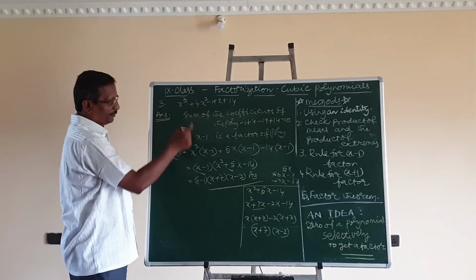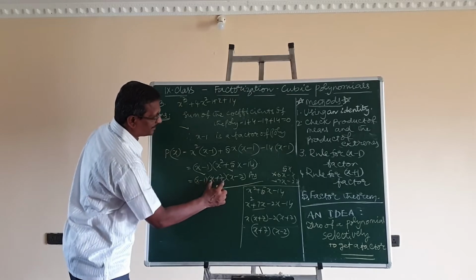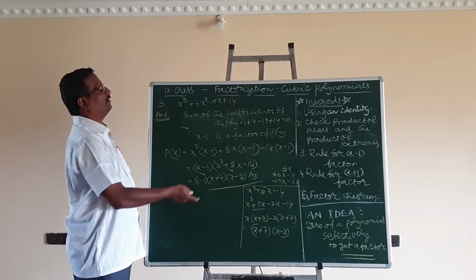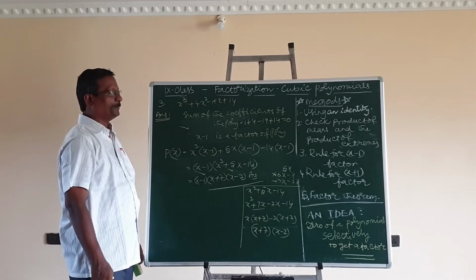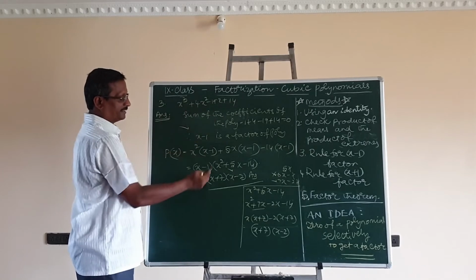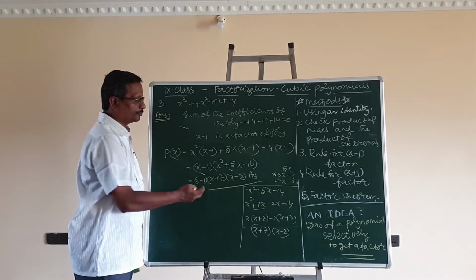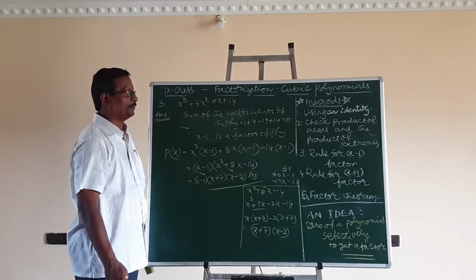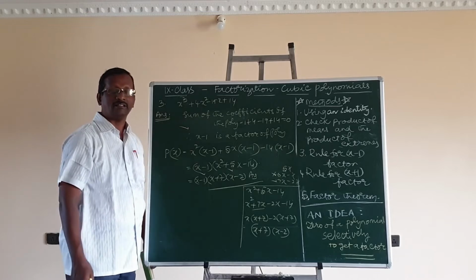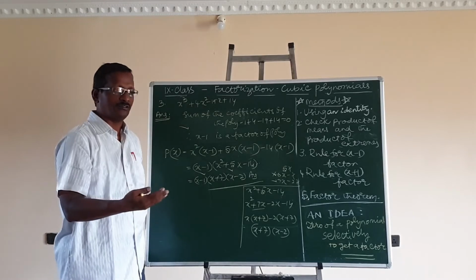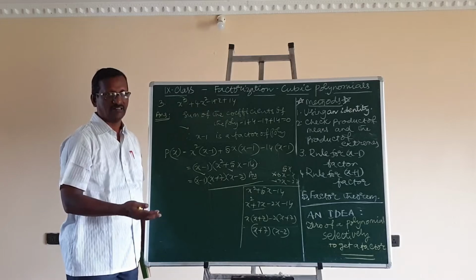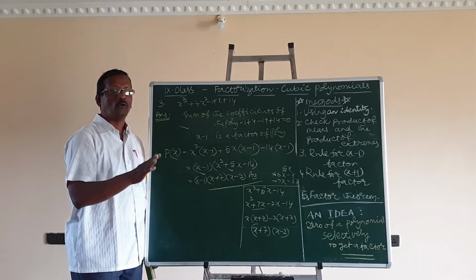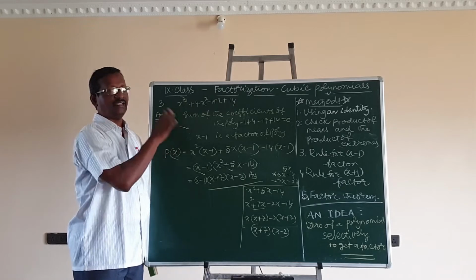This third degree polynomial is written as linear polynomial 1, linear polynomial 2, linear polynomial 3. The three linear polynomials are factors of the polynomial. I hope you know that a polynomial written in the form of a product of two or more smaller polynomials is known as the factorization of the polynomial. Suppose the polynomial is of degree 3, at the most the polynomial will have 3 factors. If the degree of the polynomial is 4, at the most it will have 4 linear polynomials as its factors.